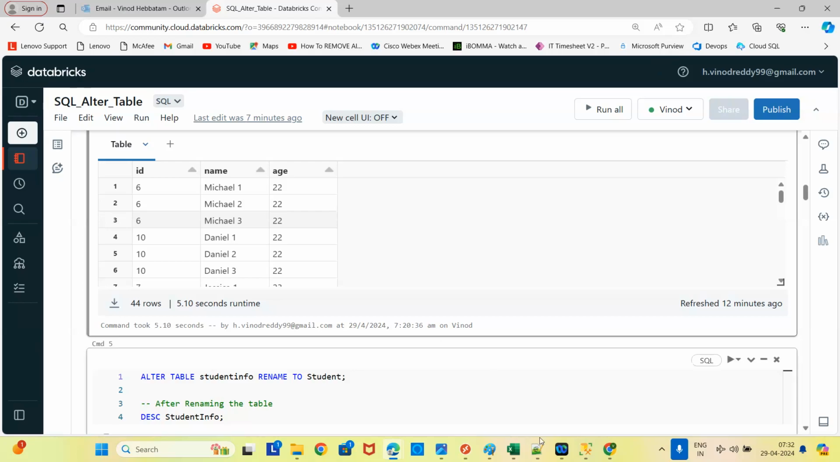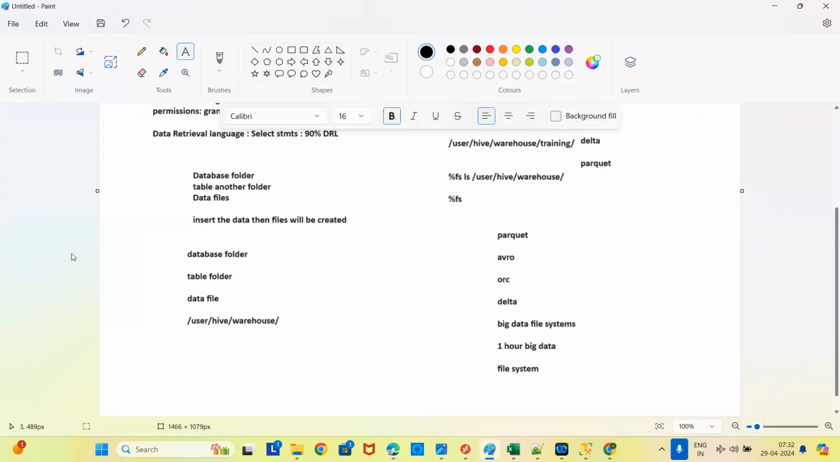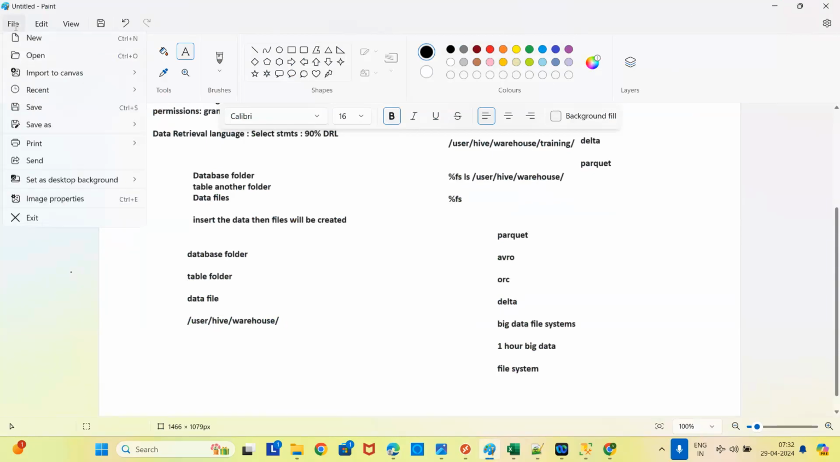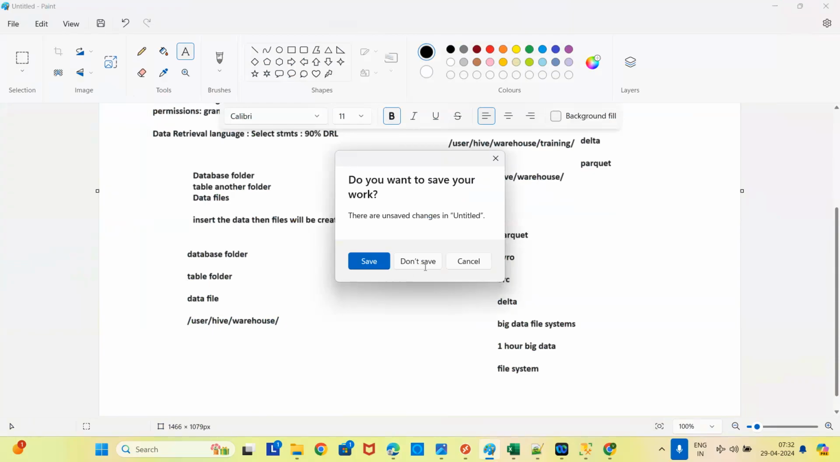Okay. Last class we discussed a lot of new things actually. Today we'll continue to discuss the data definition language, like create statements and alter statements. I'll just recap first. What we discussed is, in the case of big data or any big data environment,